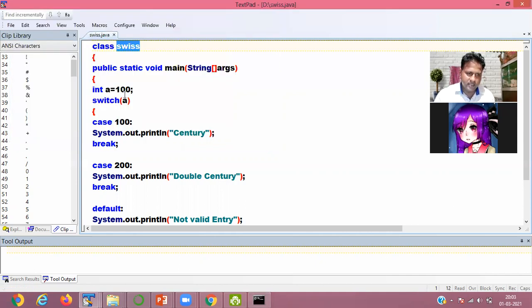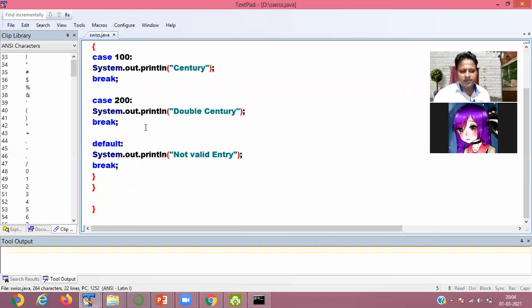If I pass here, suppose, 300, so in the case statement 300 is not present.